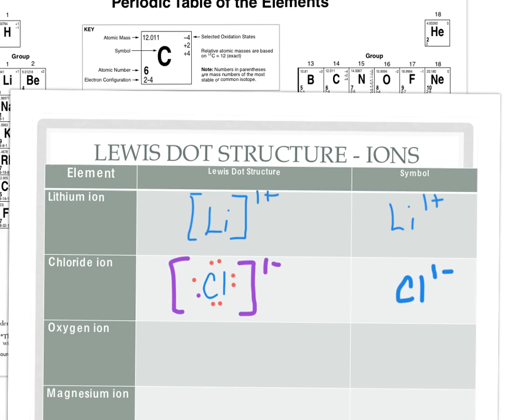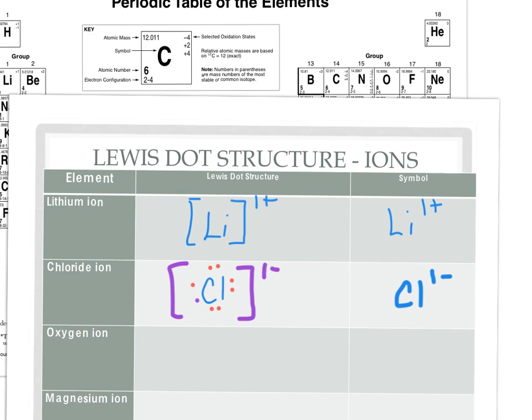Our next example is oxygen ion. Now, if we take a close look at oxygen, we will see that oxygen is a 2-6 configuration. That means that it can either gain 2 more electrons or lose 6 electrons. Since it's easier to gain 2 electrons, we know that this is going to become an anion. And if it becomes an anion, then it's not an oxygen ion, but it needs to be an oxide ion. So we're going to change that name to become oxide